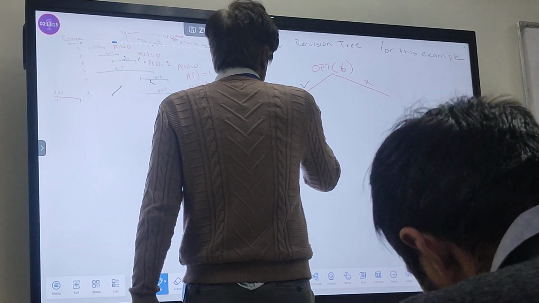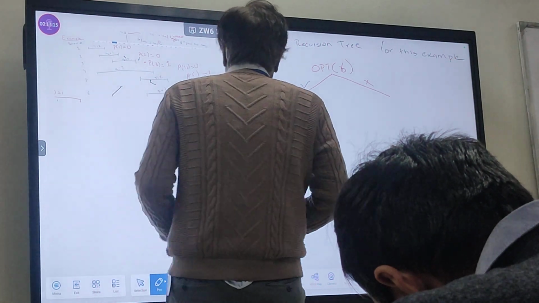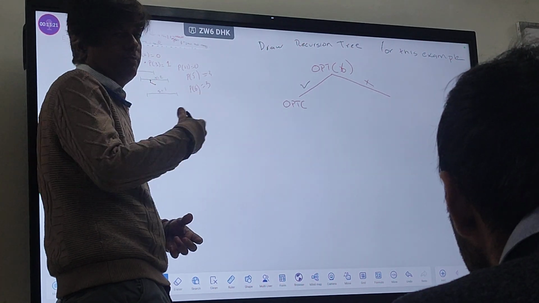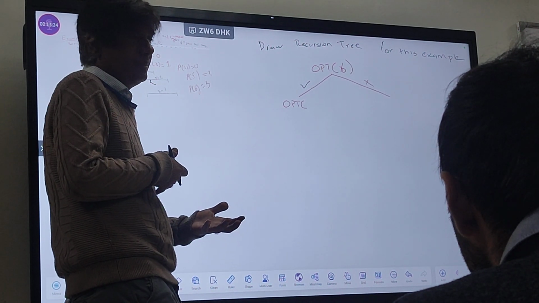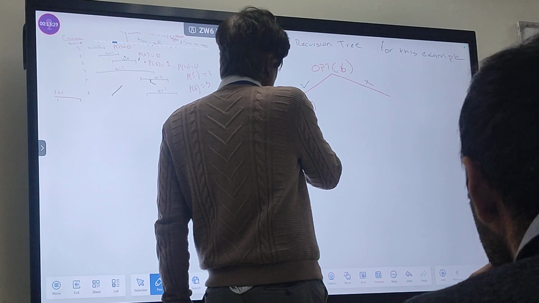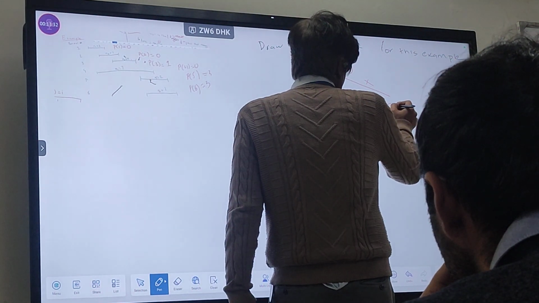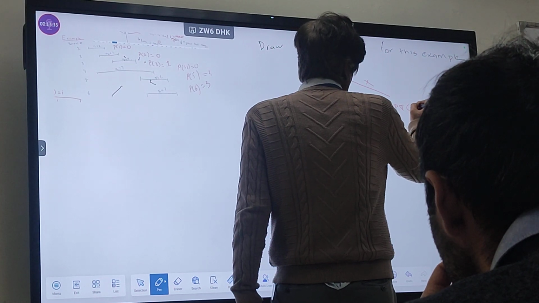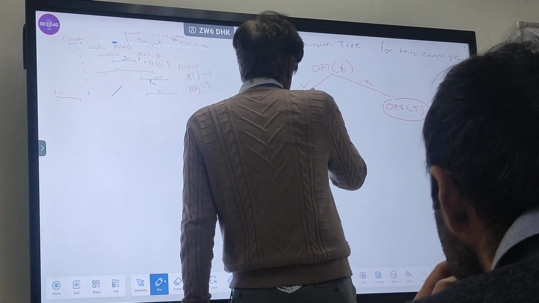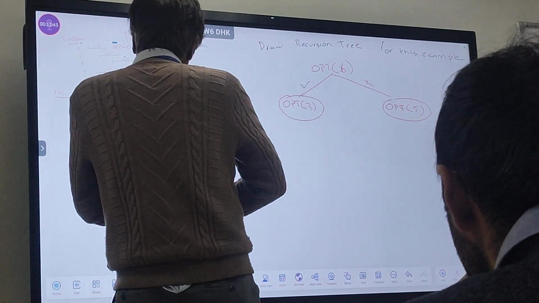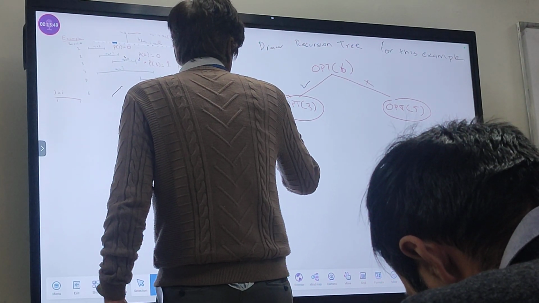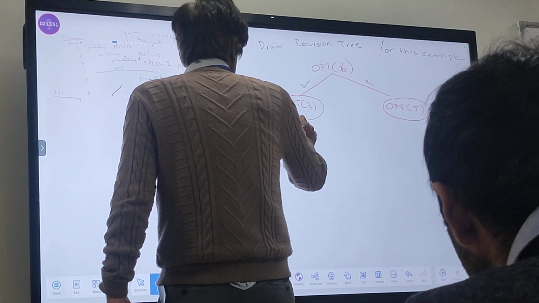In this case, it will be opt of p of 6, which is opt of 3, because the previous non-overlapping request is 3. And over here we have opt of 5. So these are the two nodes, and then we further expand.